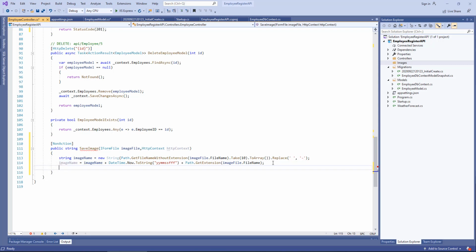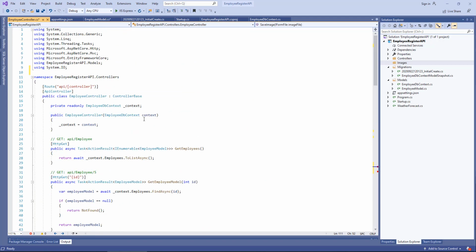Now I will create another variable, imagePath. Inside that, we have to pass the exact local file directory path for the image. For that, we need the local file directory path up to this images folder. Actually, I was planning to access that from this parameter HttpContext. There is a better way for that. Let me remove this from here, and back to this constructor, we can use dependency injection. We will be adding one more property for dependency injection,